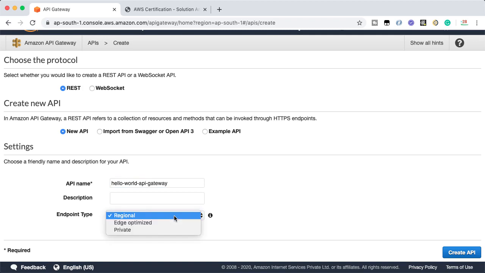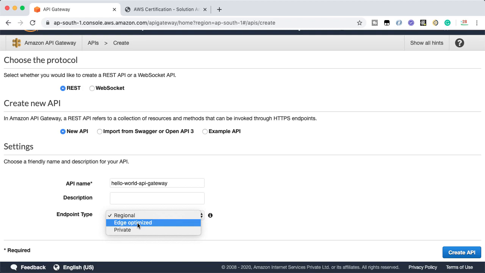There are three options when it comes to endpoints: regional, edge optimized, and private. Private is when you'd want to have a private network. You need to go for edge optimized if you'd want to allow invocations from something called edge locations. We already talked about regions and availability zones. AWS has regions around the world. However, there are a lot of places where regions are not available, and even there you'd want to serve users